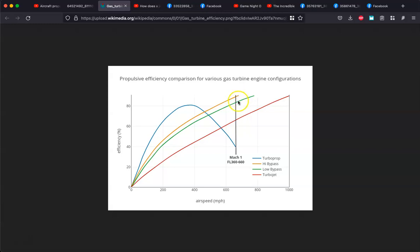So if we're going at 700 k's an hour, the high bypass is going to be like 85% efficient, and the low bypass is going to be 82% efficient, something like that. Okay,